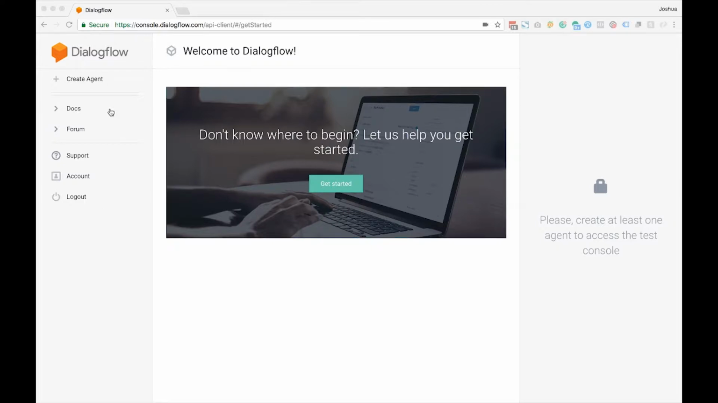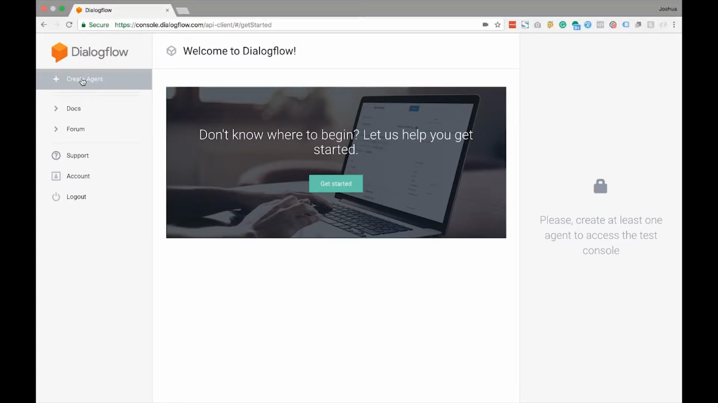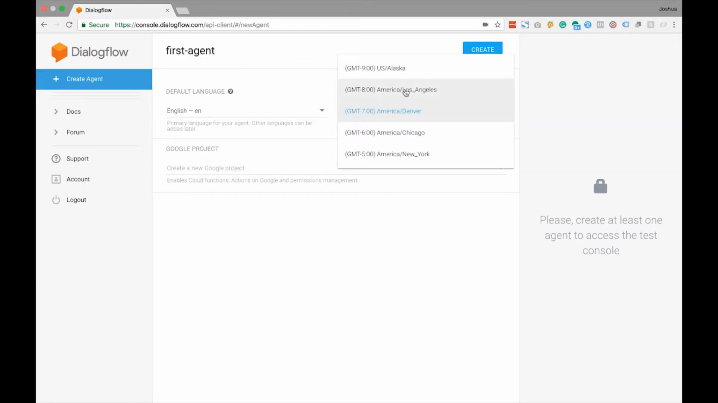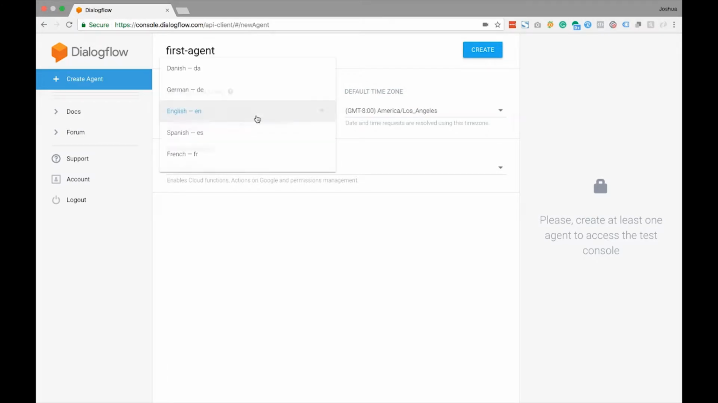Now, to set up an agent, this would be the easiest part of the project. We just click Create Agent. We'll give the agent a name. And then you can choose your default time zone and then choose your default language. I'm going to leave it with English, but if you're using something other than English, then you can do so here. I click Create. Now this is going to take a minute to populate, and once it's done,